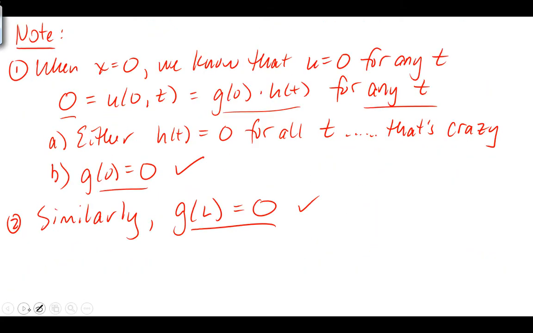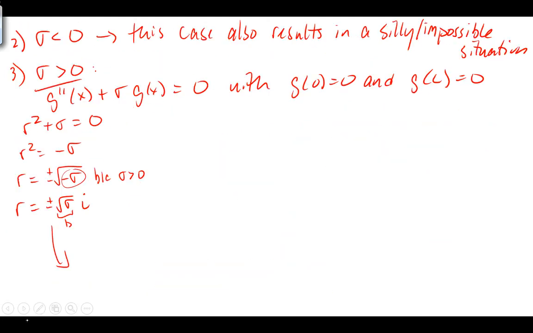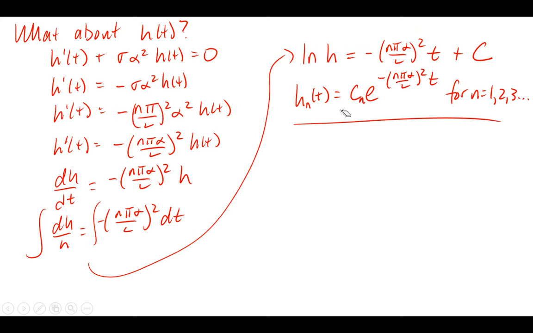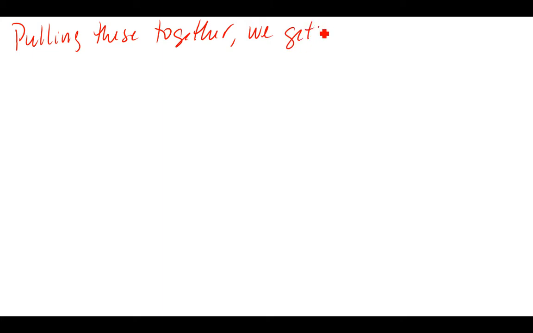Both of our solutions had constants in front, as we do our little tour here of slides, right? Our G's had a constant in front, and so did our H's. Okay, well, we don't need to kill ourselves here. You don't need a constant from the H and a constant from the G because we're multiplying them anyway. So I'm going to rewrap those into just a new constant, right? I'm not going to do both of them having Cn's. I just make up a new constant, which I'll again call Cn. So pulling this all together, we finally get,